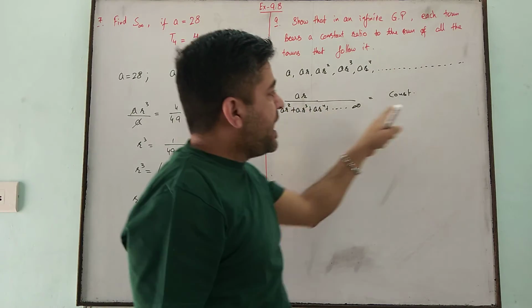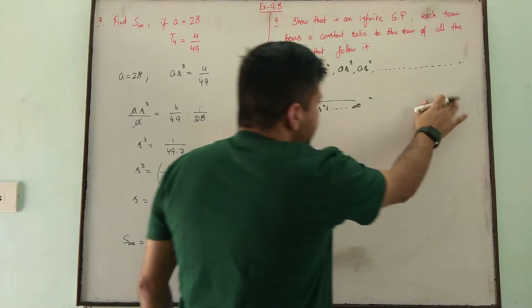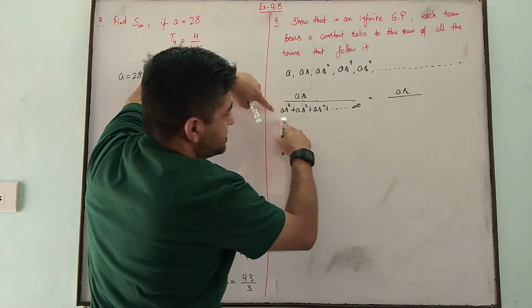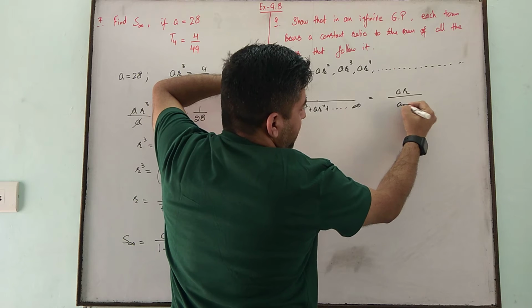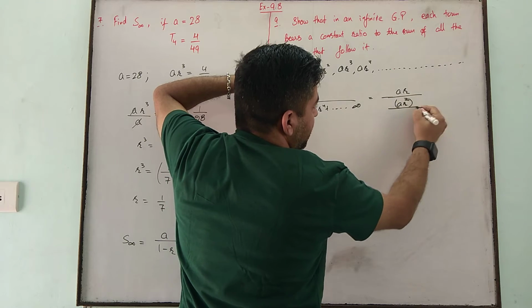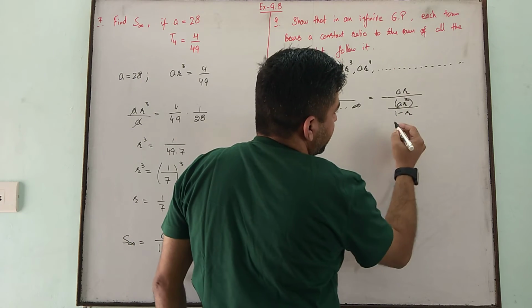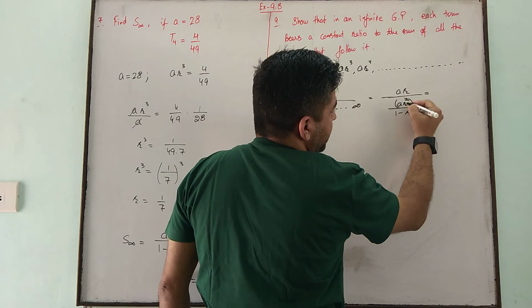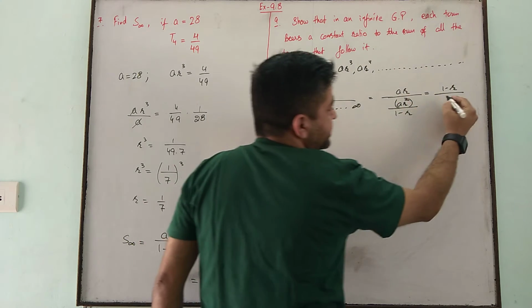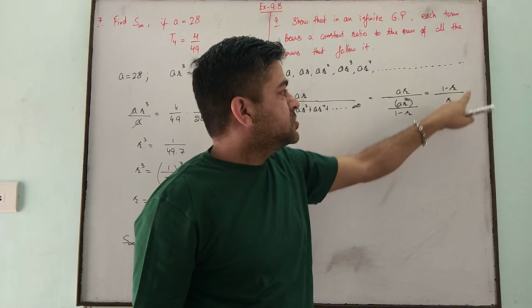Right? So we'll have to do it in general. Here we are taking the second term, but we have to do it in general. Let's take one example for the second term. What will it be? AR divided by the sum of the GP sequence, that is first term divided by 1 minus R, the sum of a GP up to infinity. Right? So A and A cancel out, R and R cancel out, 1 minus R will be the numerator and the denominator is left with R only. So you can see it is constant as R is constant. So this thing is also constant.